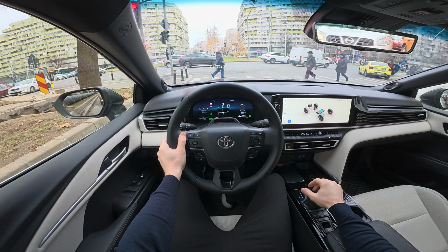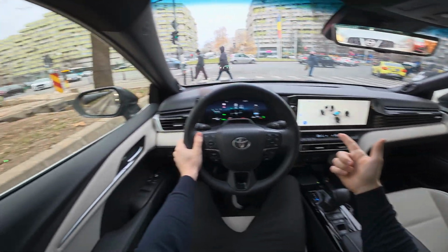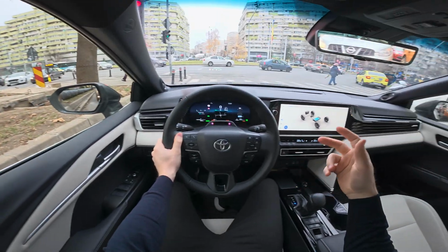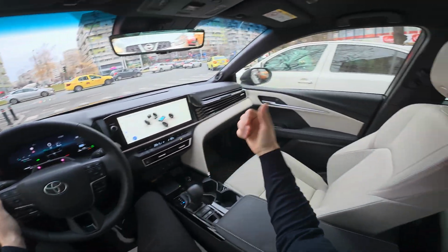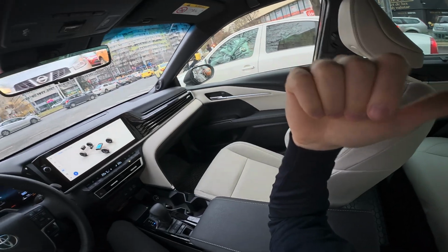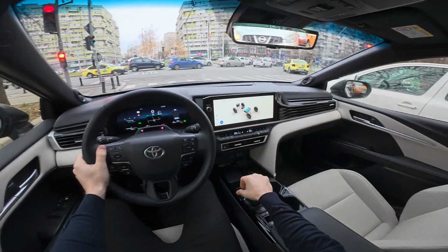Yeah, it's a phenomenal car for taxi drivers, for Uber drivers, whatever app you're using, for shuttle, for airport. It's a great car, and you have a lot of space in the back. Definitely check out the review to see that the people you get in the back will have